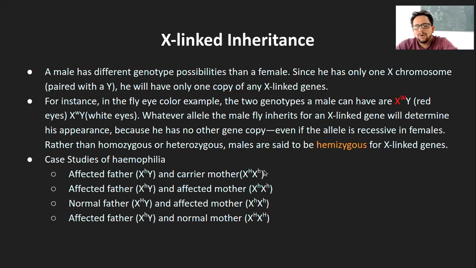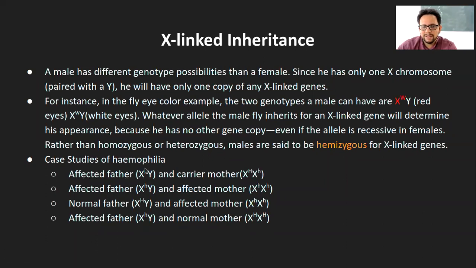But in this case, if you want to simplify it, you can forget the example of hemophilia, and let's say capital H stands for tall height and the small h stands for short height. So this is the dominant allele which codes for the tall height, and this is the allele which codes for the short height, which is the recessive allele, small h. Capital H is the dominant allele. Now, if you look at the phenotype, phenotype is what these combinations will exhibit.